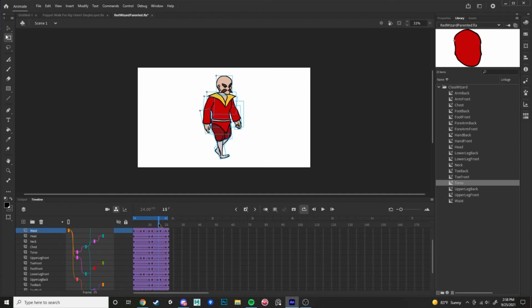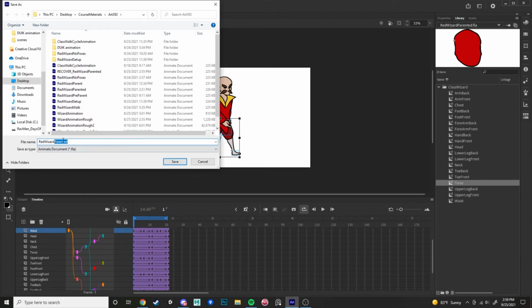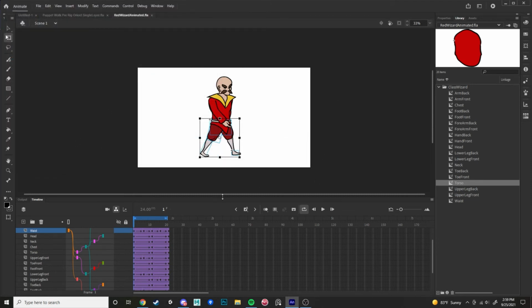to be something that we can loop in a scene, right? Something that we can loop for a while. So there's a few steps involved in that. Basically, I'm going to save this scene. Save as Resident Wizard Animated. Boom. And I'm going to create a new scene that's going to be kind of where we